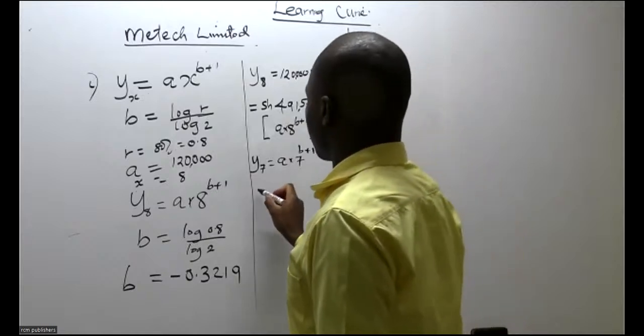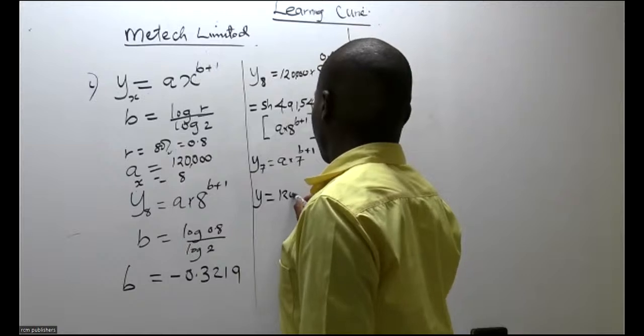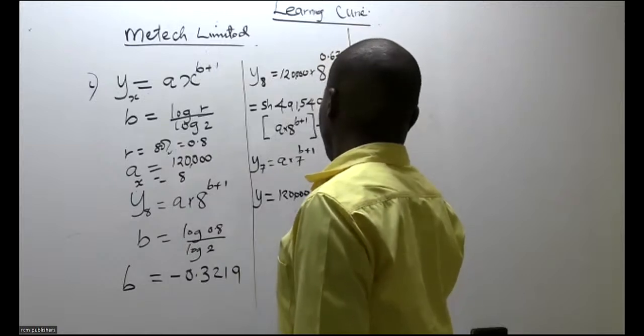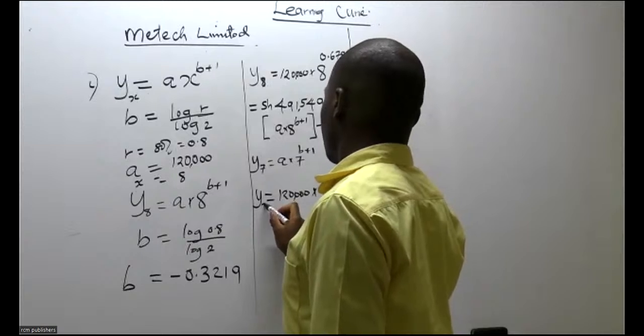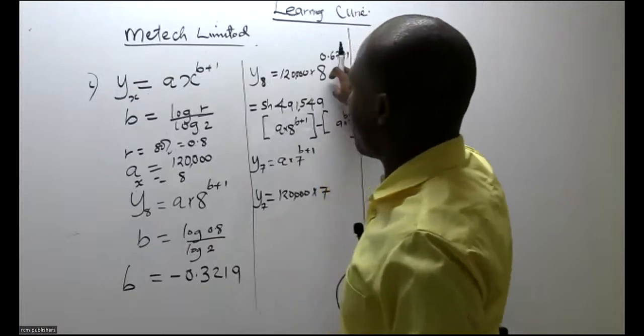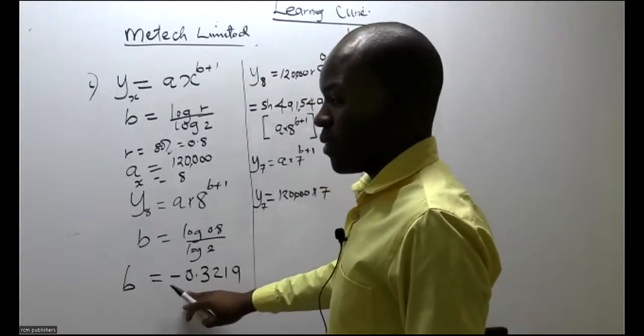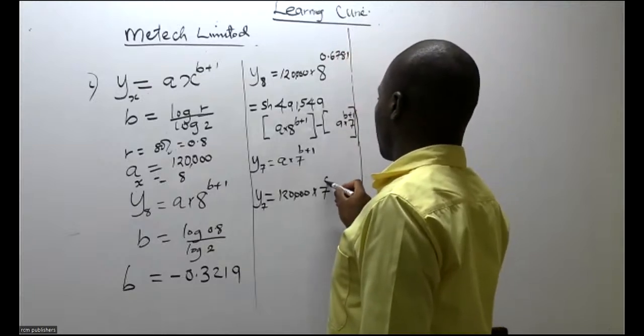Your a does not change, times x, which is now 7 raised to power b plus 1. Your b is this one here, plus 1 is giving us what is up there. So raised to power